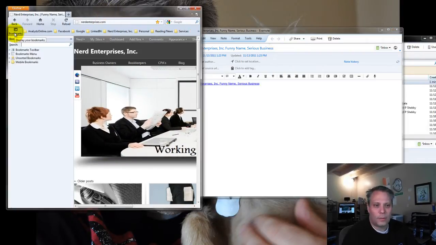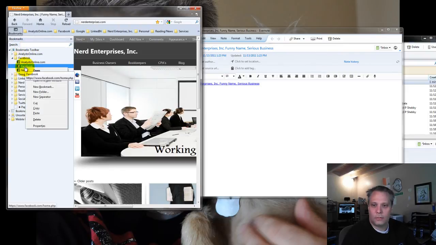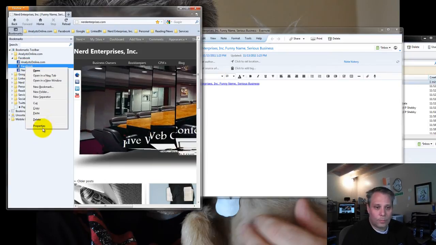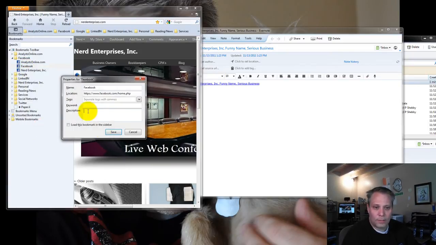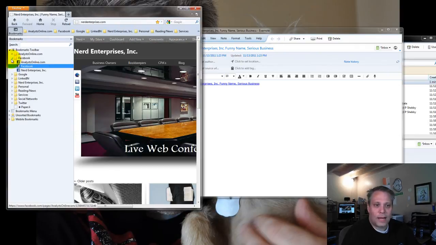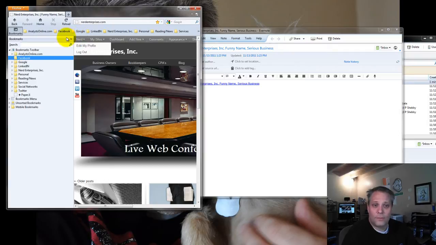You can put in some amount of descriptive text in a bookmark in Firefox, but not nearly the freedom and flexibility that you have in a note. If I go to properties on this, I can put in a description here, but I have this small little window to work with. So for things that I access very frequently, like daily, then of course I use the